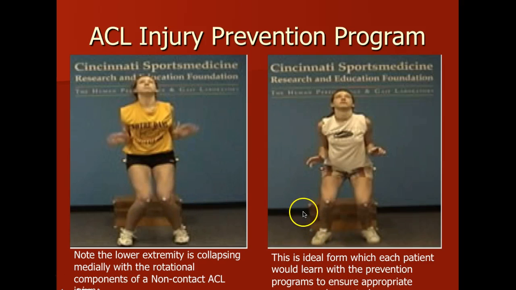Once she went through an injury prevention program, or ACL injury prevention program, to work on that, this is what she looked like after that. So you can see she has the spacing between her knees, so there's less stress on the MCL and the ACL because she's more neutral right here.